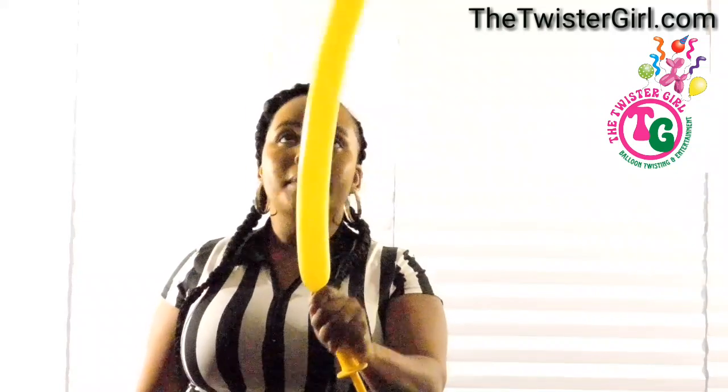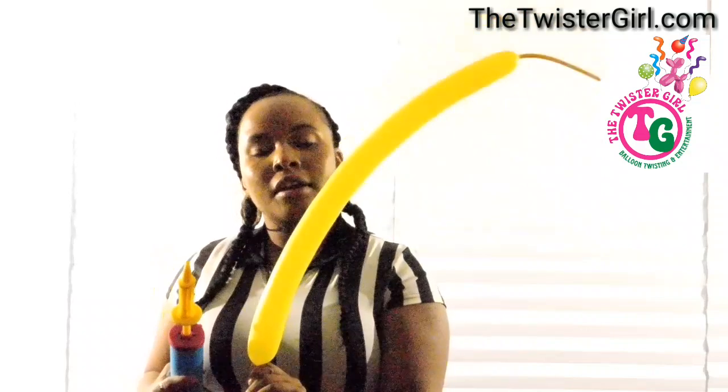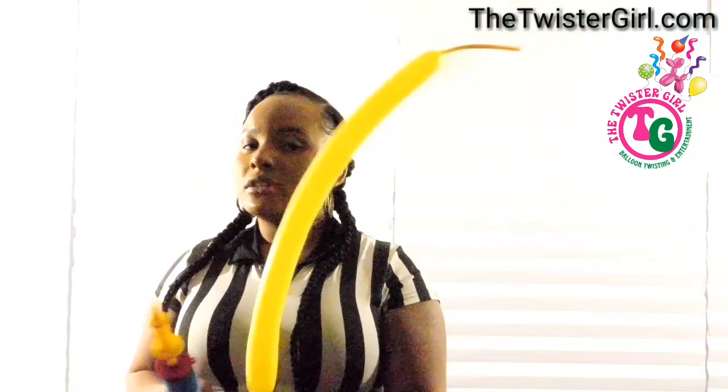So for instance, if we're putting this balloon on here and we're blowing it up, and let's say I'm going to stop really quick, I'm going to hold that air in the whole time while I'm stopping, because you never want to stop and then pump, because if you stop holding that balloon, now the balloon is out of air, and you try to pump it back up, you get bubbles inside of there, and you don't want bubbles inside of there because it will make your balloon pop. So again, the correct way to do it now